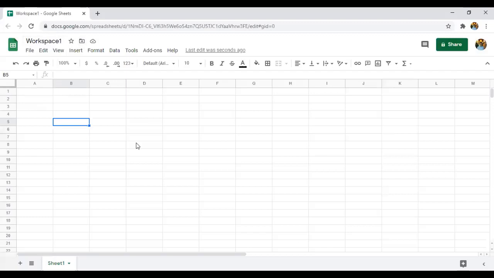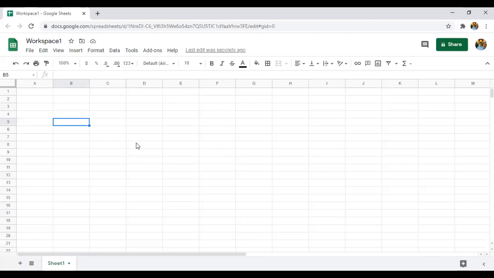So how can the sheet be saved? For example, with a Microsoft Excel sheet, you save it by clicking on the save option, and you have to select the format of the file.